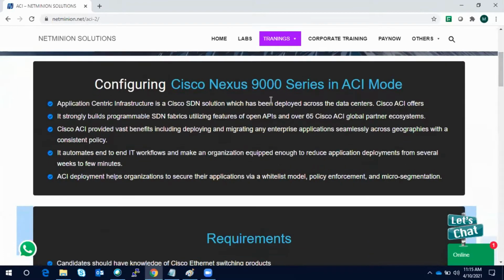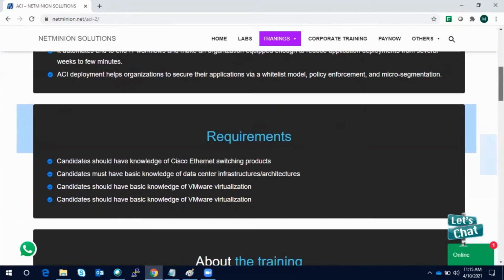So this is just an introduction and emphasis that we are going to cover Cisco Nexus 9000 series in the ACI mode. The requirement is I'm expecting that you guys have a bit of understanding of how Ethernet switching happens, like what is ARP, what is broadcast, what is multicast, what is unknown unicast, and how switches learn the MAC address.